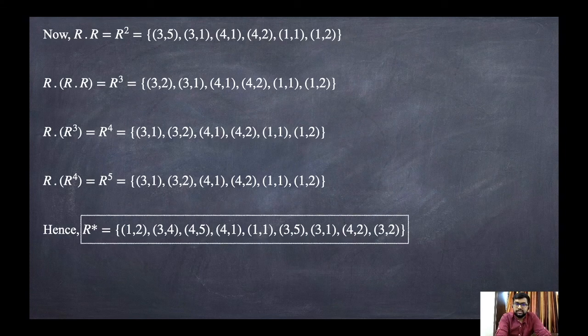Now see, you can see that here A is 1 to 5. That means the cardinality is 5. But whenever the cardinality is more, the calculation will be more complex. Like this, here we need to find R up to R raised to 5. But that is very lengthy. So this method won't work whenever the cardinality is more. So in the next lecture, we will discuss Warshall's algorithm, and that will be the better one.